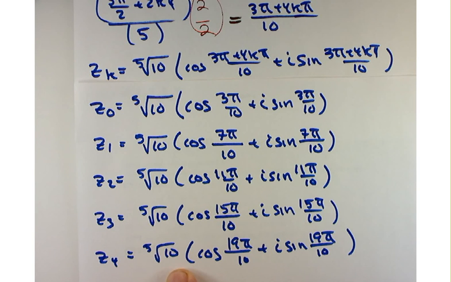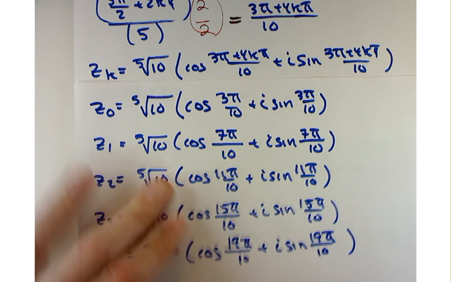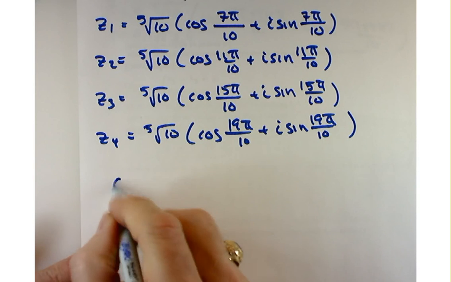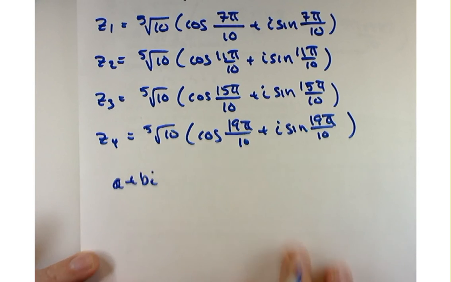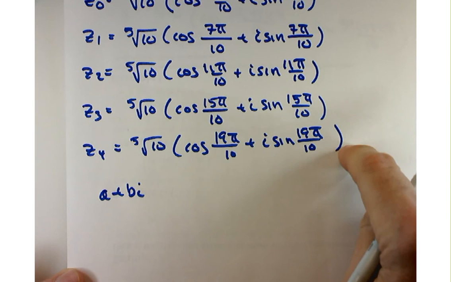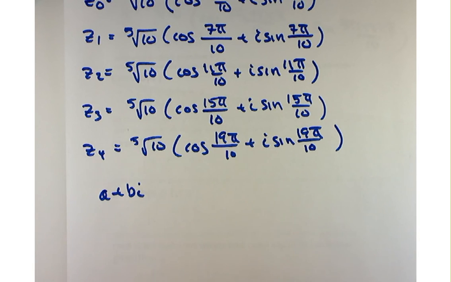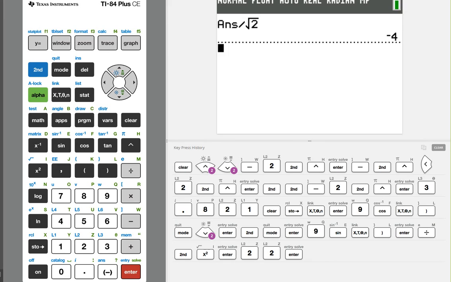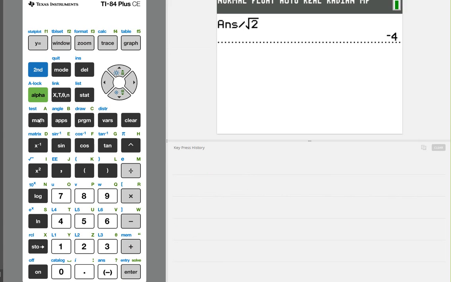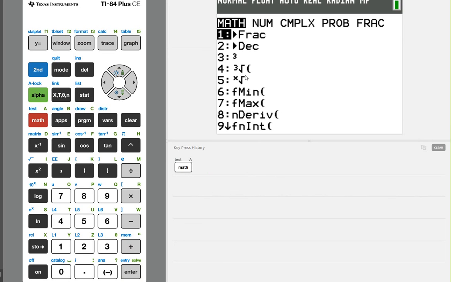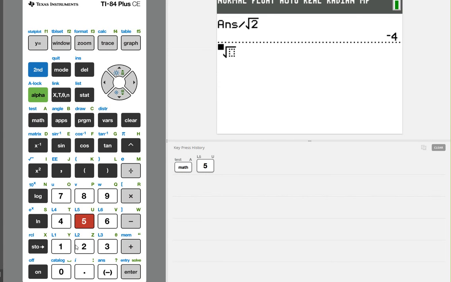You can at this point, if you needed to, write it in the form of, say, a plus bi. Now sometimes on the test I'll say pick one of them and write it in the form of a plus bi. This is what you'd have to do. First of all, we need the 5th root of 10. So let me show you how to find the 5th root. You're going to hit the math key, then the 5th option down offers you the chance to do the 5th root of 10,